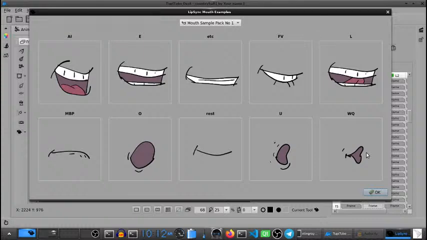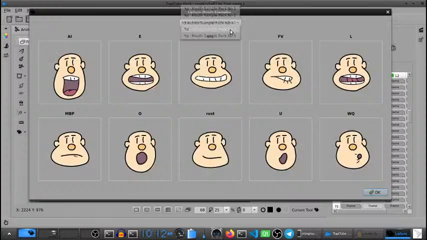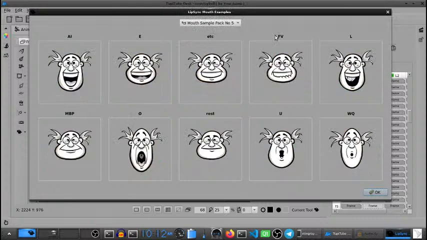Okay? So that's the general information you need to know when you are going to work with lip sync using TupiTube. That's the basic, and this is a set of examples we included in TupiTube so you can study them in case you want to implement your own collection of modes. Because as we are going to see in the exercise we are going to do right now, you can design your own set of modes. So let's keep moving.